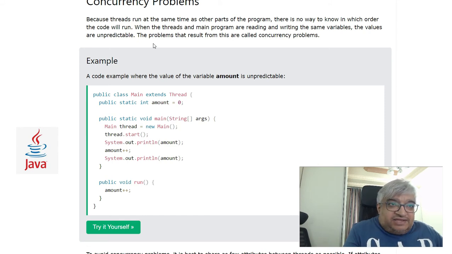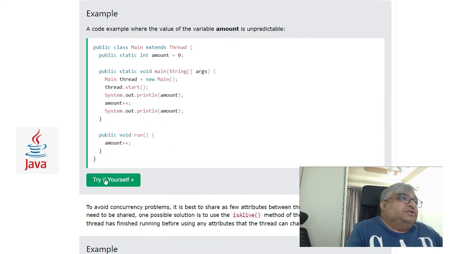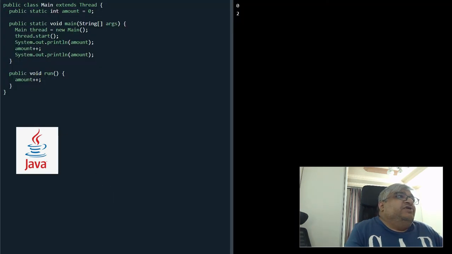There are methods to solve these concurrency problems, but one of the most important ways to avoid concurrency problems we will see in this program. So let's look at this code example first. Here we are incrementing a static variable amount whose initial value is 0. What's happening here? See, its values are 0 and 2. How? It means after I have started running the thread,